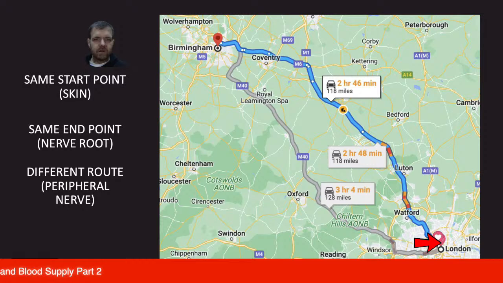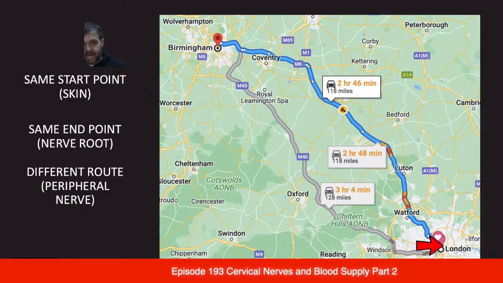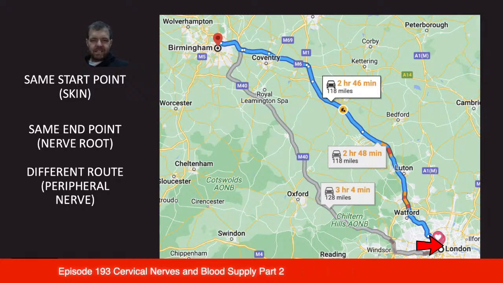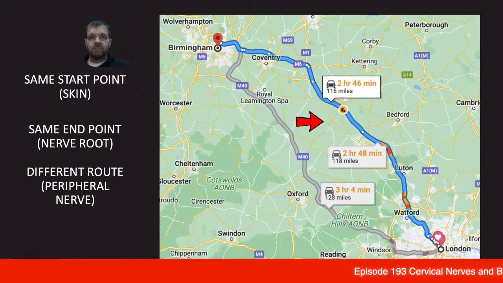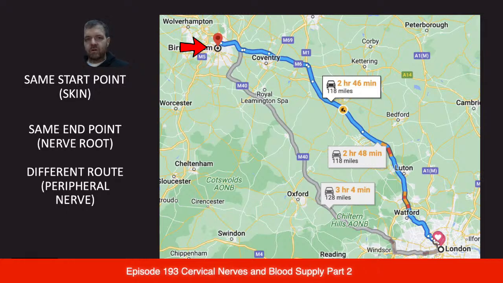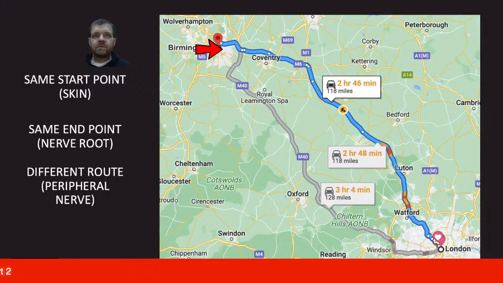which is London. Okay, so the end point, if you like, because if you remember, it's kind of flipped because we've got sensation in the skin and then the information going towards the neck. Because we always think about the neck sending out impulses towards the rest of the body, but obviously that's the motor side. But if you've got sensation in the skin, which is in Birmingham, so say for example, you touch something hot, or something touches your skin that is hot or sharp, then that's picked up here,